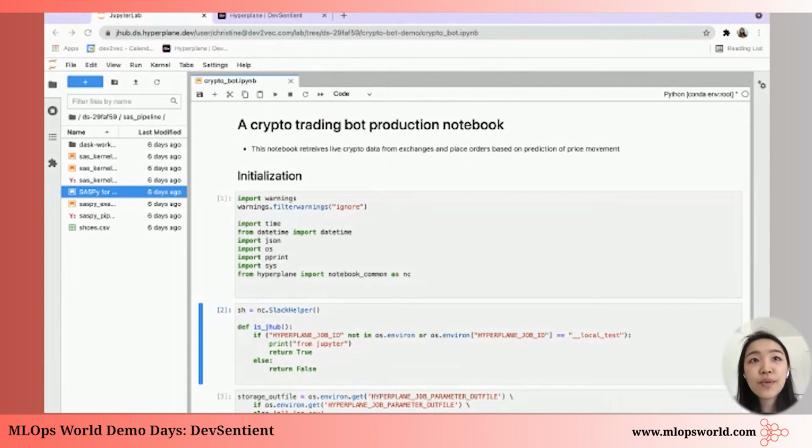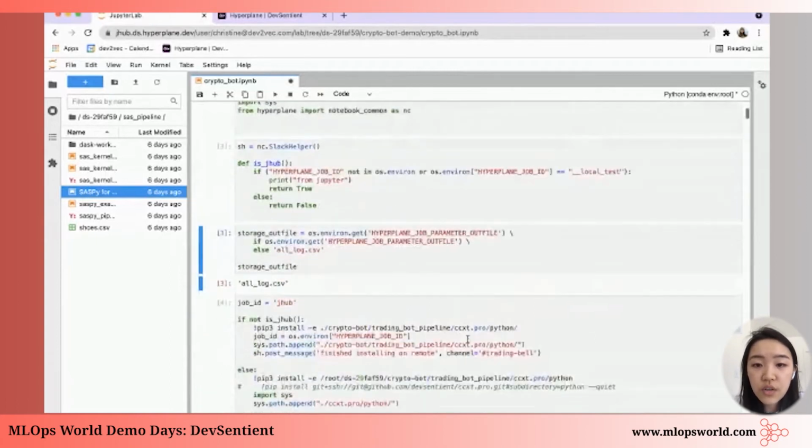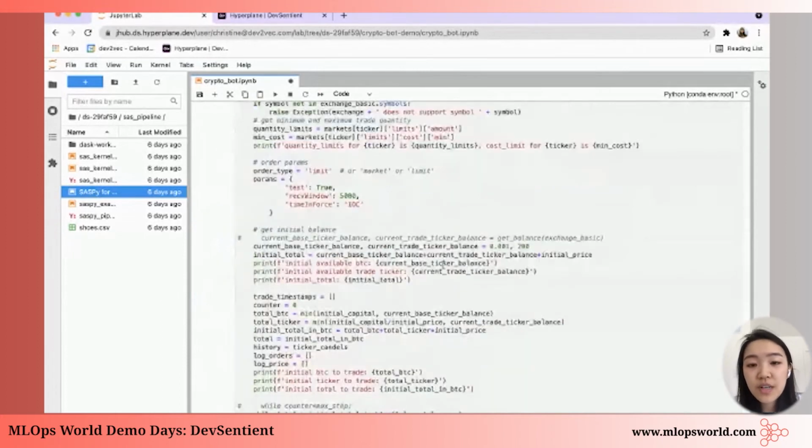So for this example, we'll just show a simple crypto trading bot that we've built. And instead of focusing on the details and the logic of the bot itself, I'd actually like to highlight some of the important cells. So of course, we can run this notebook like normal, just in our local Jupyter Hub cluster, or on our Hyperplane Jupyter Hub cluster.